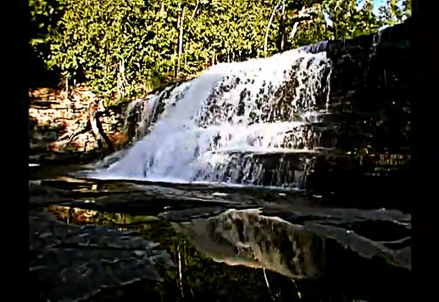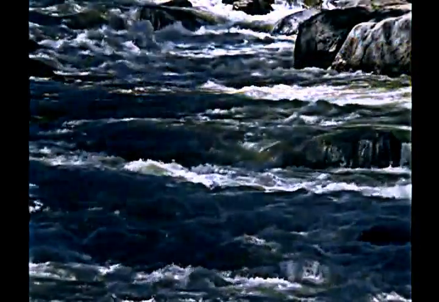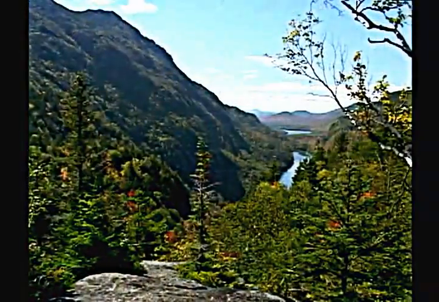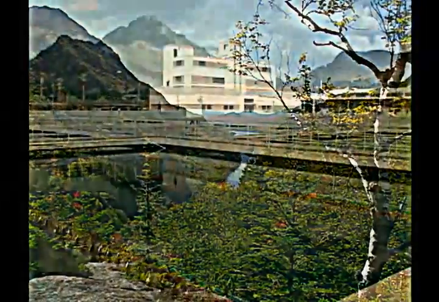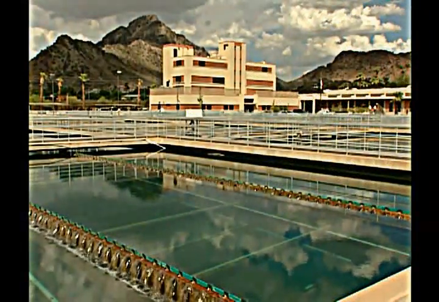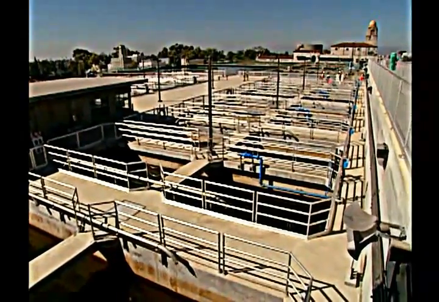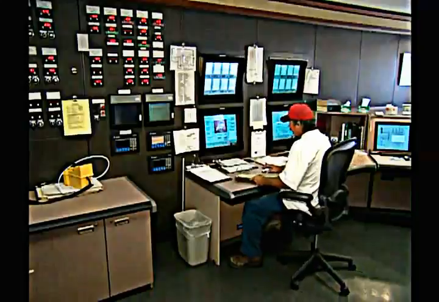Surface water comes to us from many different sources: streams, lakes, and reservoirs. According to the US EPA, more than one-half of the water provided by community water suppliers comes from surface water. Every surface water supply has its own unique set of characteristics, yet must be treated to meet federal and state drinking water quality standards. Despite these many variations they face, the goal of water treatment operators is always the same: